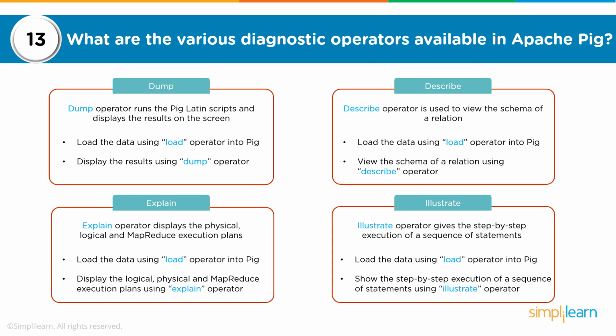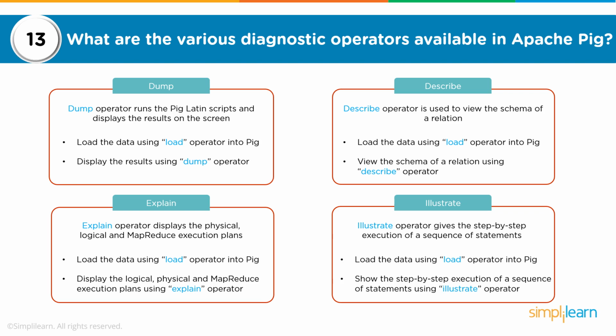So these are some of the operators or options which you can give in a Pig script. You can do a dump. Now, the dump operator runs the Pig Latin scripts and displays the result on the screen. So either I could do a dump and see the output on the screen, or I can even do a dump into and I could store my output in a particular file. So we can load the data using the load operator in Pig. And then Pig also has different internal storage like JsonLoader or PigStorage, which can be used if you're working on a specific kind of data. And then you could do a dump either before processing or after processing, and dump would produce the result. The result could be stored in a file or seen on the screen.